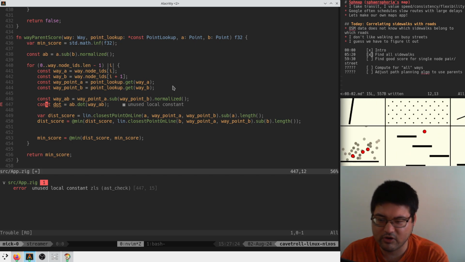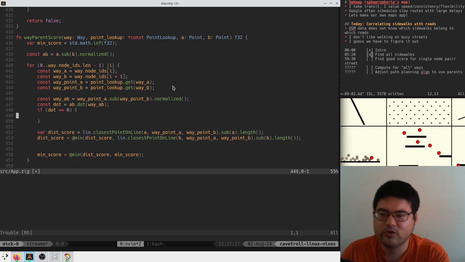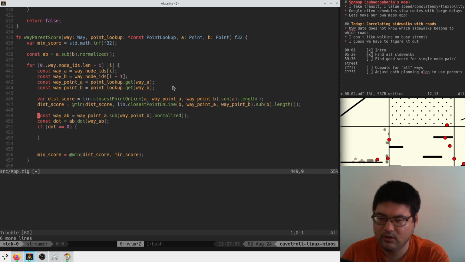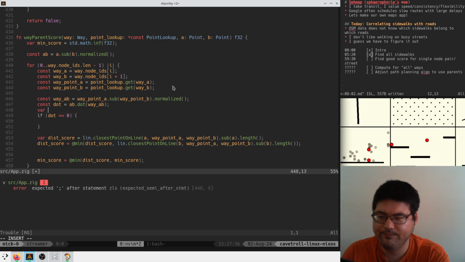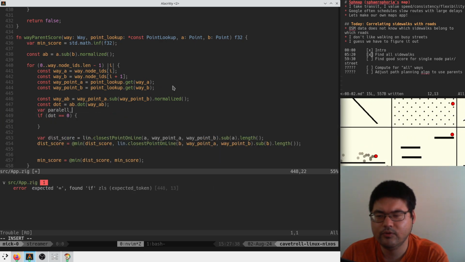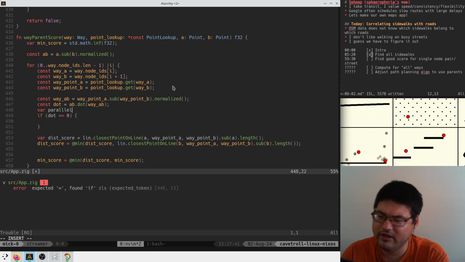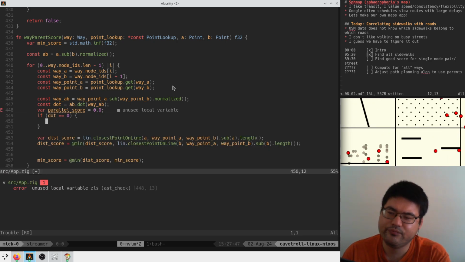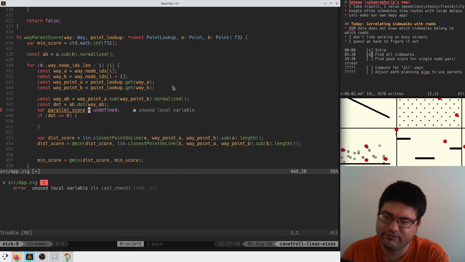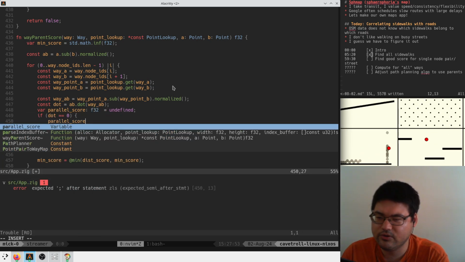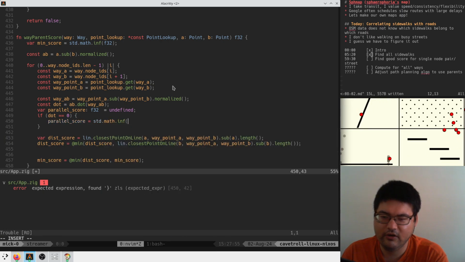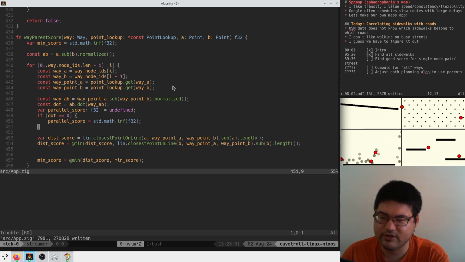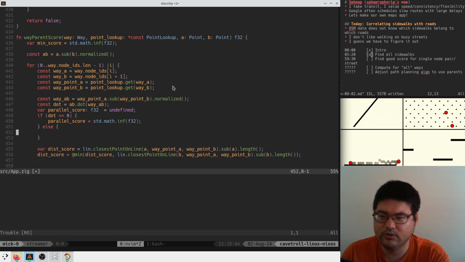I guess we'll call it that, because I don't have a good name for it. If dot equals 0, we say, this comes after the distance score. It doesn't really matter. We'll call this parallel score. Parallel score is equal to 0. I guess we'll make it undefined. This is a float32. If dot is 0, parallel score is equal to std math inf. If they're perfectly perpendicular, then forget it. Else, we do